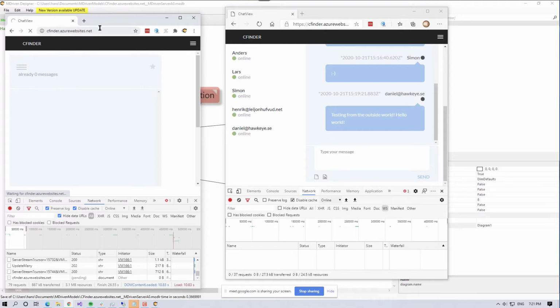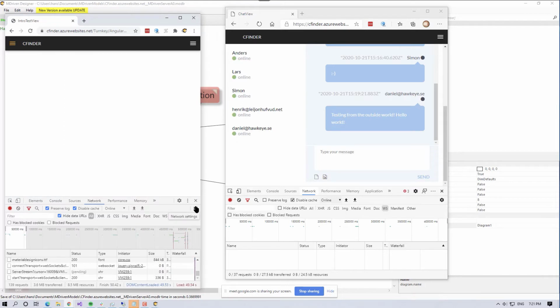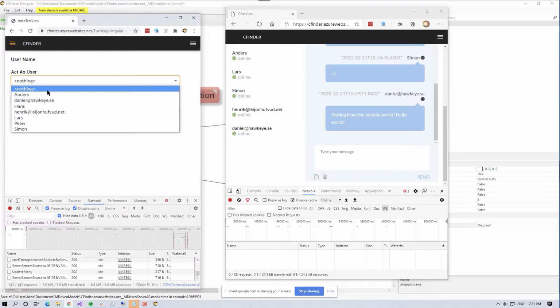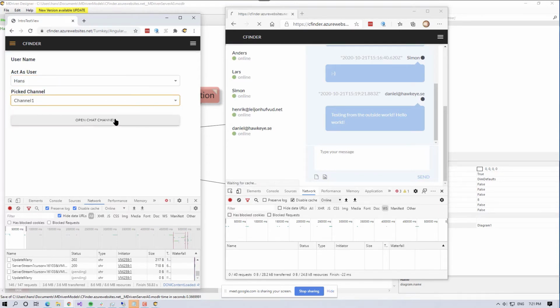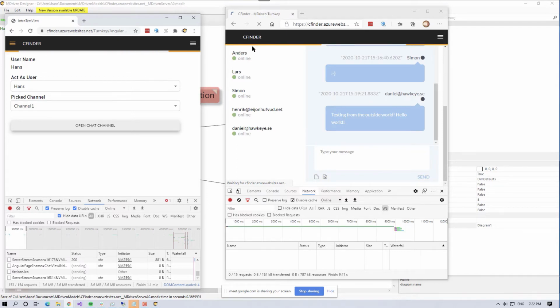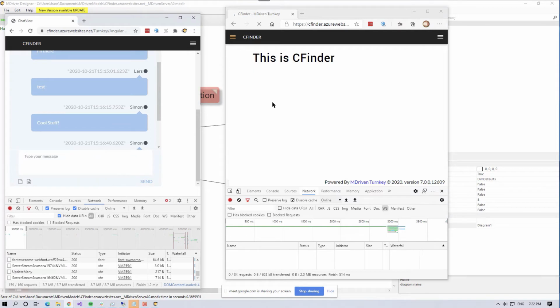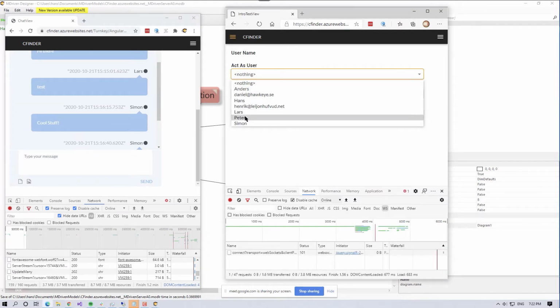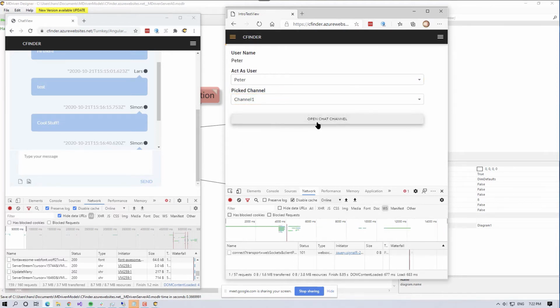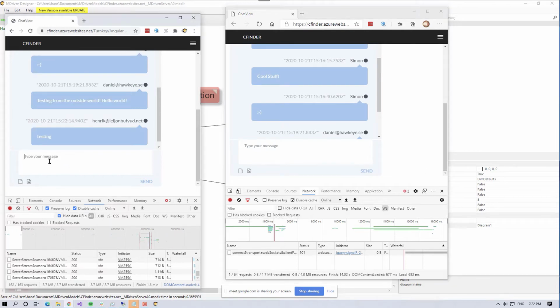So this is just using a web application on Azure with the lowest possible resource use. So if I go to channel 1. This one is trying to reestablish. And since we're not enabling the real-time attribute here, it will be